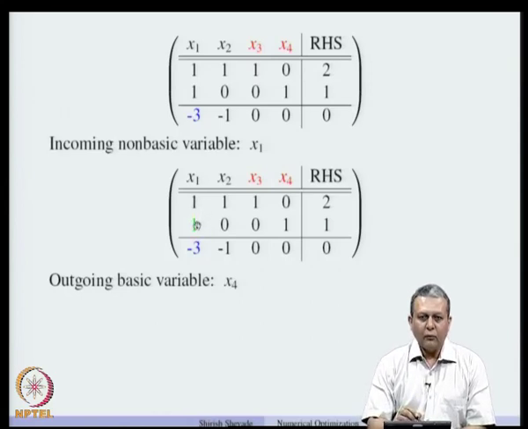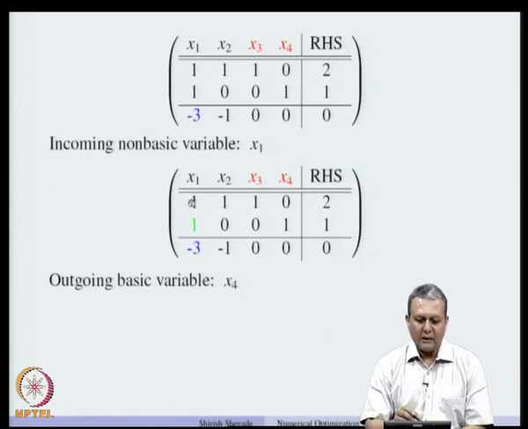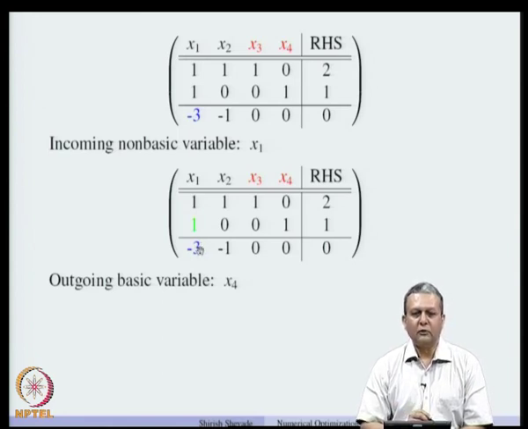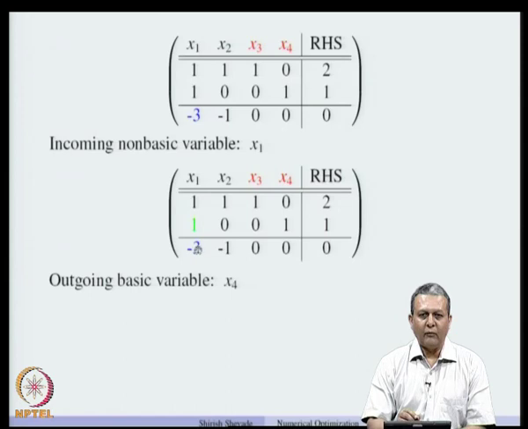So, in order to make this entry 0, we have to multiply the second row by -1 and add it to the first row, and similarly to make this entry 0, we have to multiply this second row by